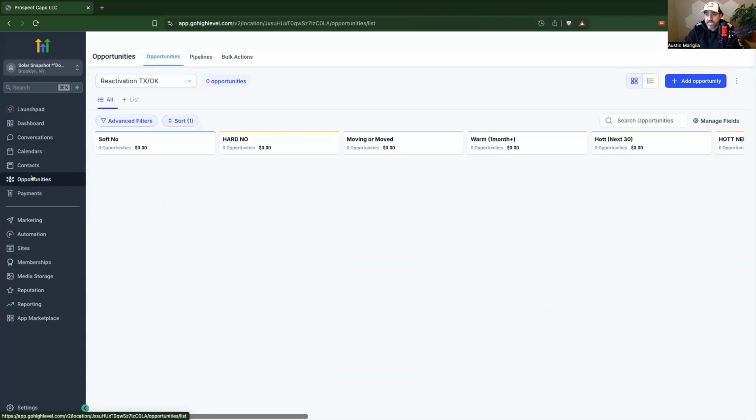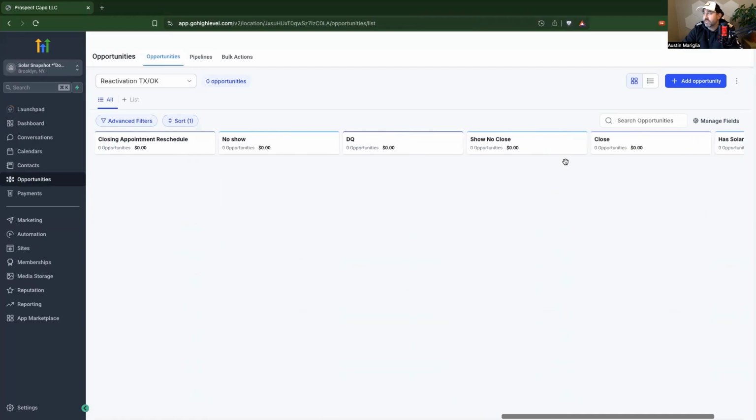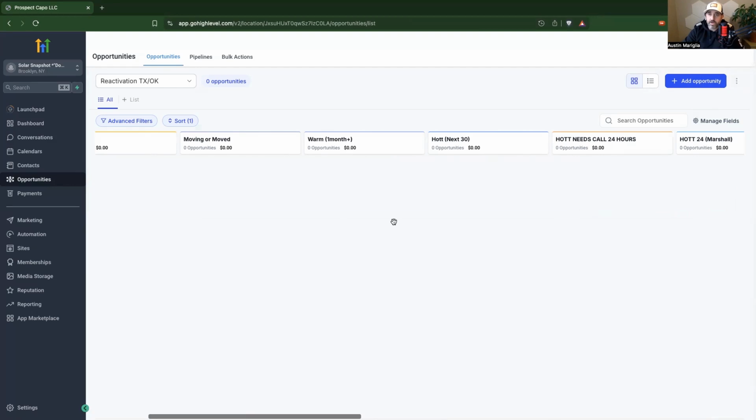I would send a text message blast and then I would mark these people: soft no, hard no, moving, moved, warm. And then once I decided, hey, I had this down to a science, I was like, you know what? I'm going to build this out. I could set this up and I could do this for companies, because what I knew is that companies had